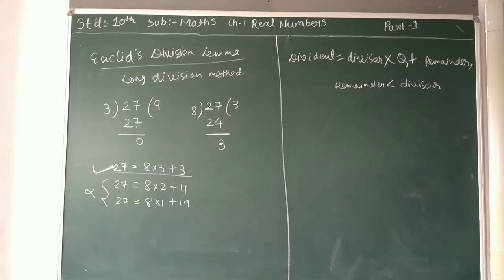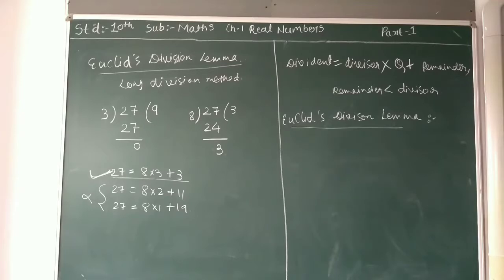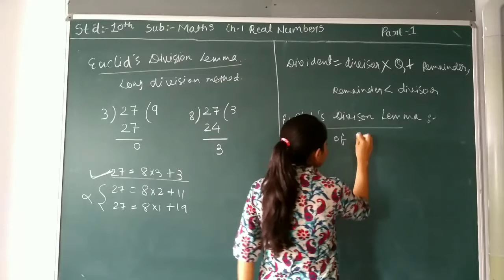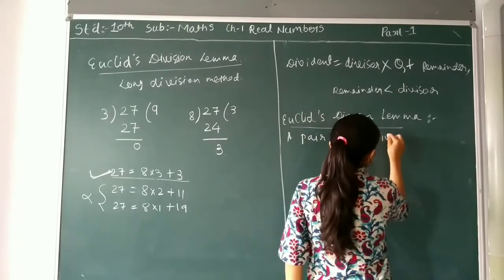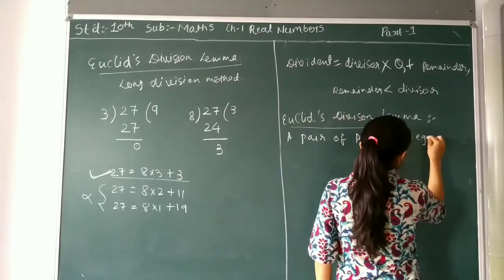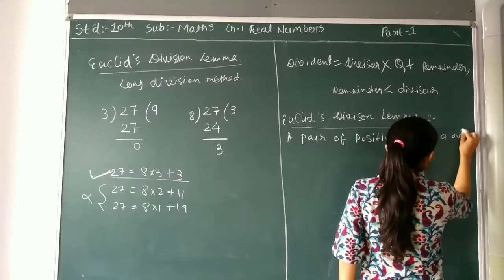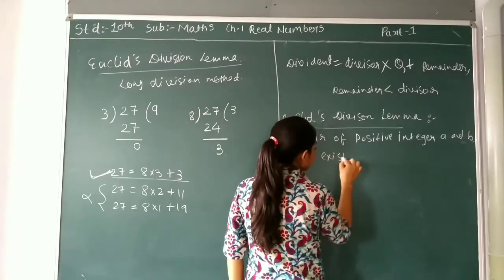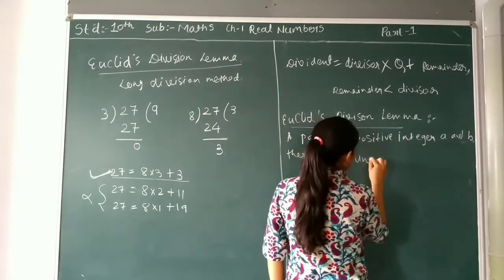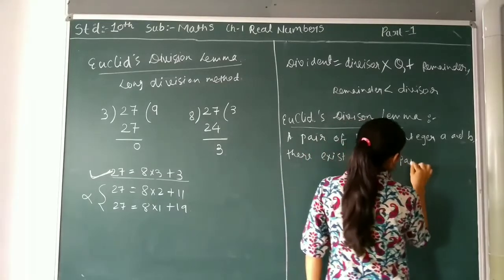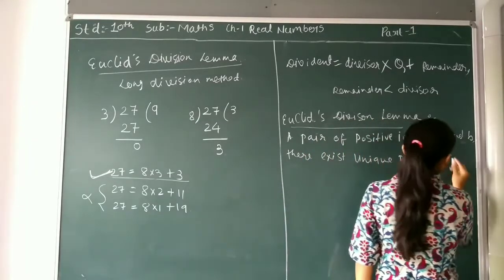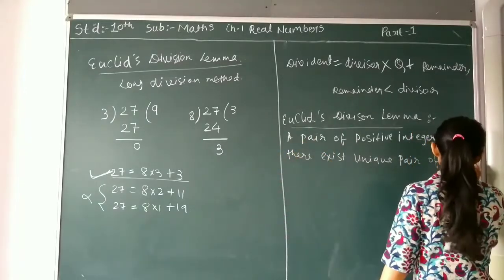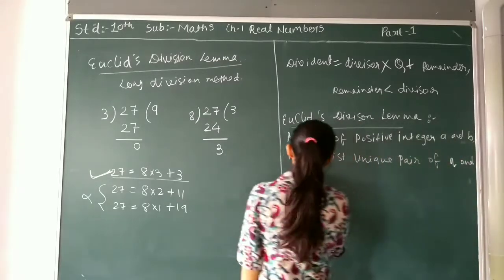So this is nothing but: for a pair of positive integers a and b, there exists a unique pair of q and r